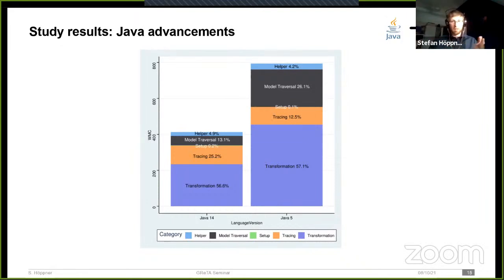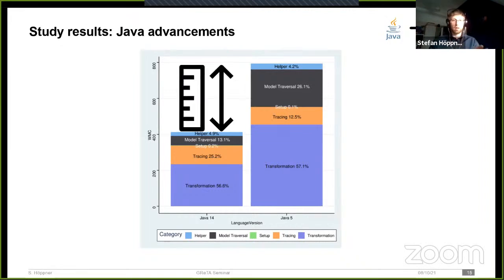This figure, in essence, shows two things. For one, the newer Java version helps in reducing the complexity of our Java code by a lot, by about 50%. So newer Java versions seem to really help in reducing the complexity of your written model transformations.